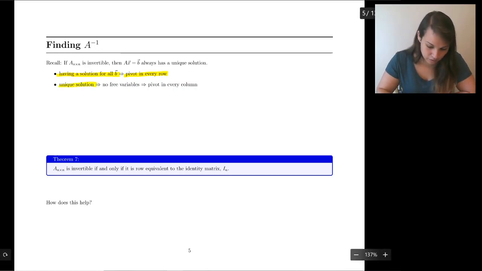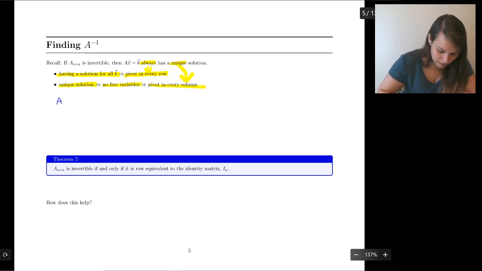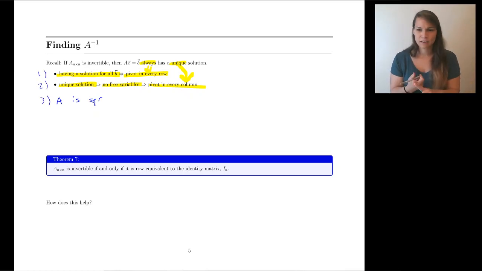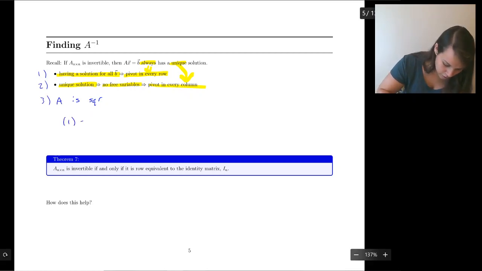that's the other piece. So always gave us this first one, and then unique is going to give us this one here. So unique solution means no free variables. It means pivot in every column. So A is square on top of it all. So we're going to say 1, 2, and 3. So we've got pivot in every row, pivot in every column, and A is square. If we put all those together,